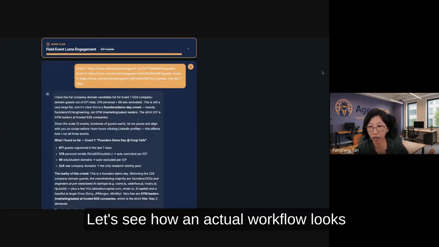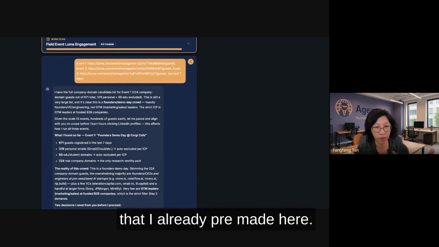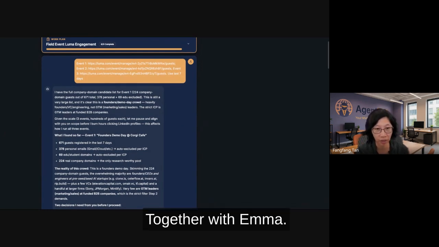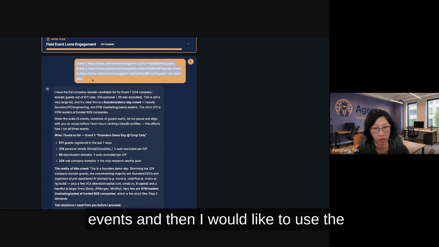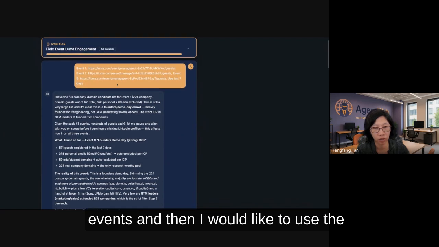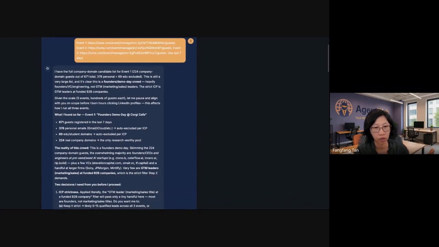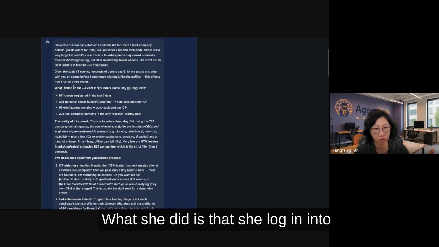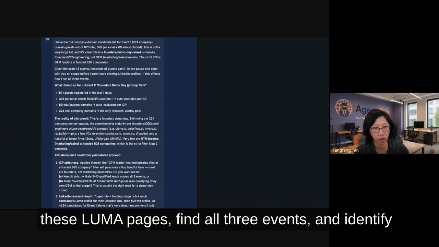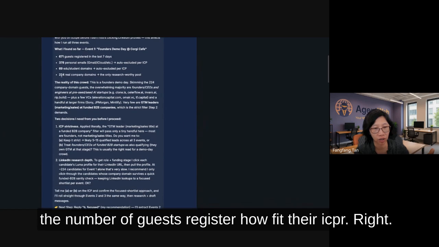Let's see how an actual workflow looks, one that I already pre-made here together with Emma. So I tell her I would need to track 3 events, and I would like to use the last 7 days of sign-ups for her to review. What she did is that she logged into these Luma pages, found all 3 events and identified the number of guests